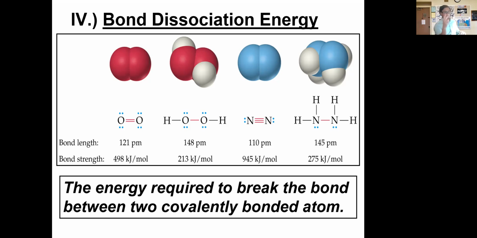Okay? And so those two factors determine the bond energy. Now, with that said, why do we need the bond energy? The bond energy then is one piece of empirical data that we can use to support our structures. So when we drew the structures for diatomic oxygen here, or molecular oxygen, we said